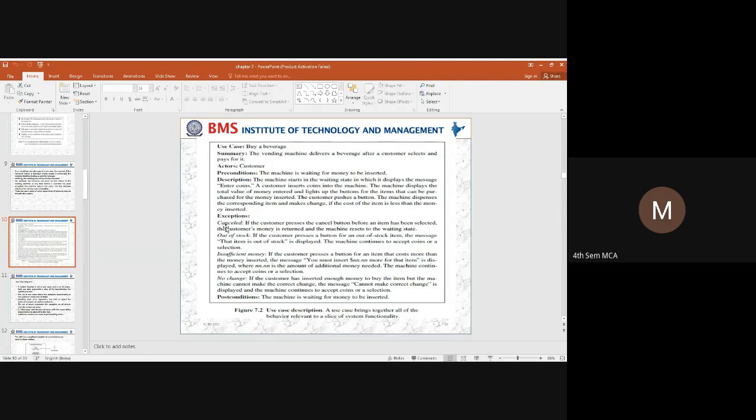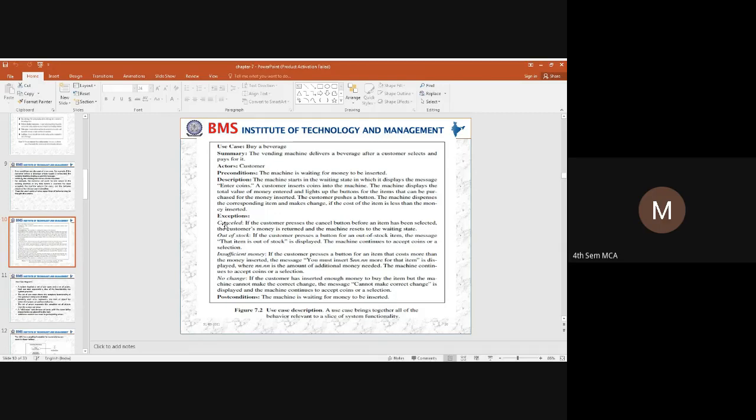So what are the exceptions that can arise in buying a beverage? One thing is a cancellation. How can the transaction be cancelled? If the customer presses the cancel button before the item has been selected, the customer's money has to be returned.